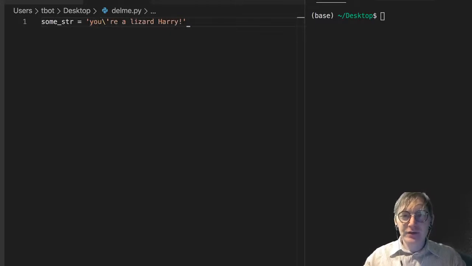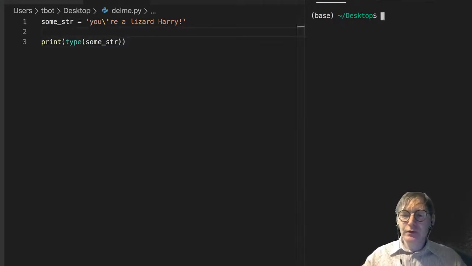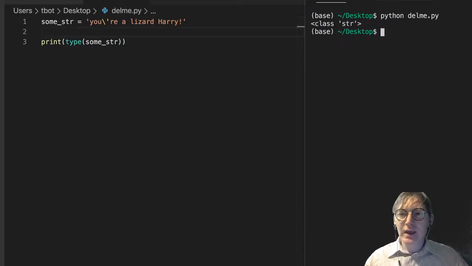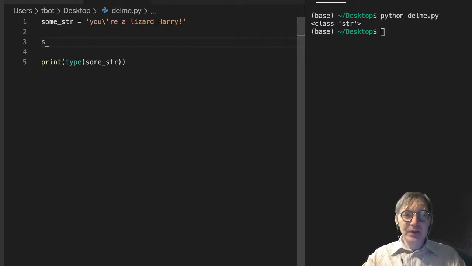Could have said gizzard, skizzard. Anyway, we can just look at the type of the string. Now, we might be tempted here to think that a string, right, we get class string. We might be tempted to think of a string as being something like a collection, right? Because we can access the first character by saying some string sub 0, and if I print that,